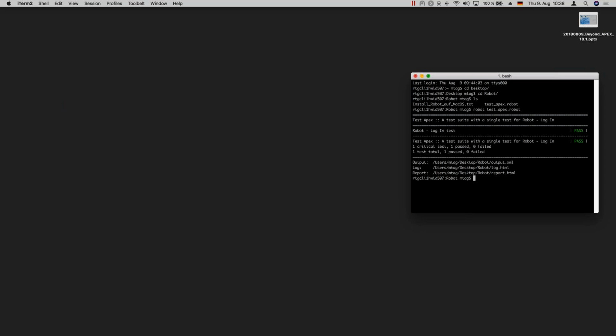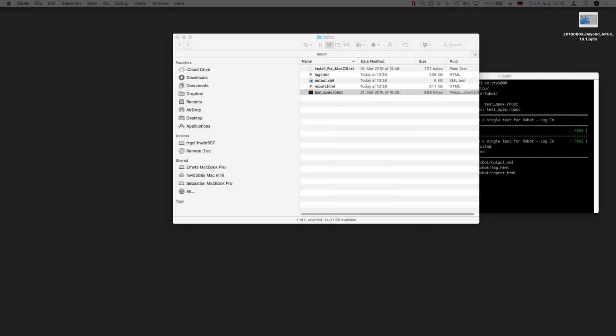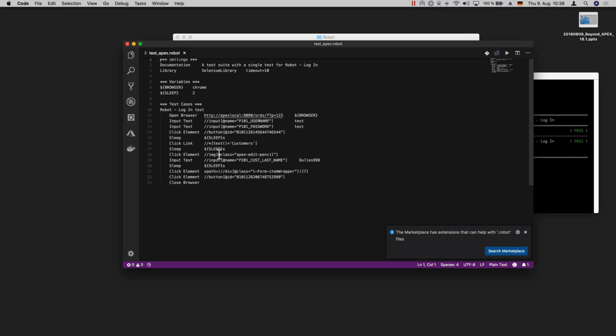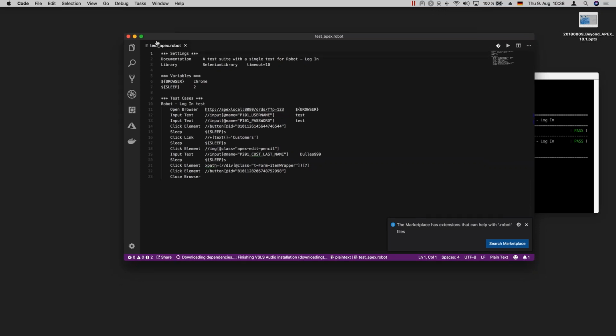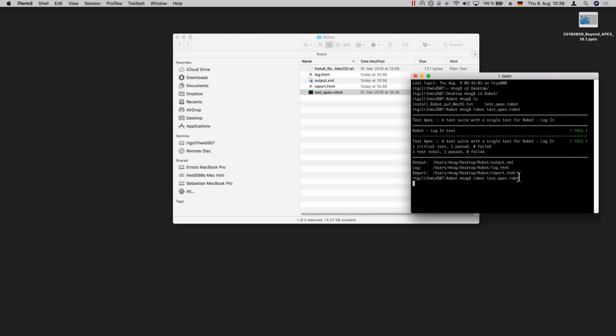So I will repeat a small test. Let me have a look. So let's open it again. So here's the test where I start off a browser and enter a username and password for the authentication, select a certain customer, and then change one column in that page, and then submit that page. So let's start it off again.